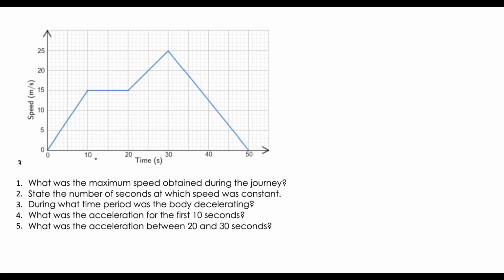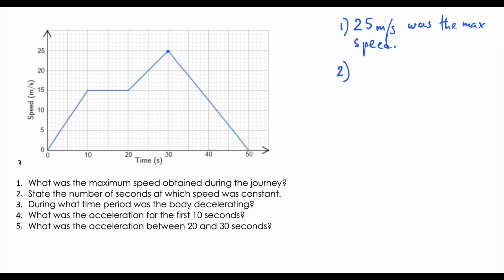So let's have a look at this now. We said, what is the maximum speed obtained during the graph through the journey? So remember when we looked at the last one, we said that the speed would be the highest point. So if you look at this, we go straight up to 15 meters per second, but we still go higher. For just a brief moment in time, we actually hit 25 meters per second. So that is the highest that we have right here, that means our maximum speed was 25 meters per